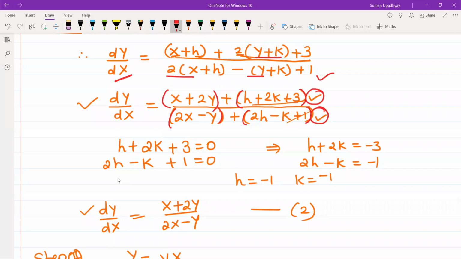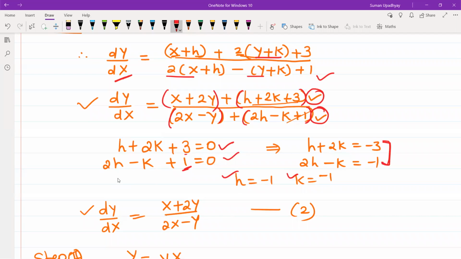So what I will do, I will equate these two terms to 0. So this is what I did over here. I equated these two constant terms equal to 0. Then I took this 3 on the right hand side, it will become -3, and this 1 I took on this side, it will become -1. Pratik, you can see over here, these are two equations in two variables. So I can solve them simultaneously and get the values for h and k. Now you got it, Pratik. How did I get the values for h and k?